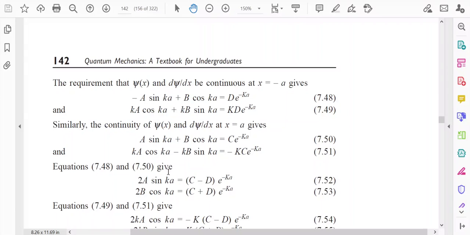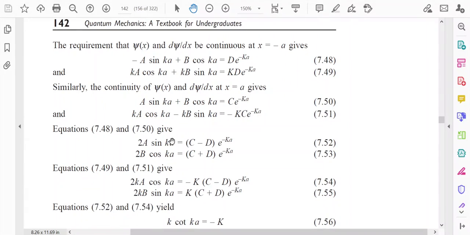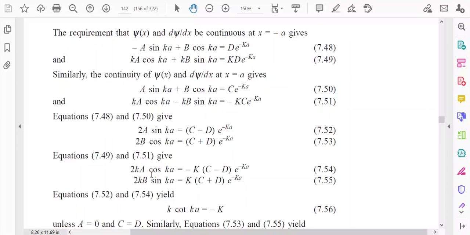Now we can solve equation 7.48 and 7.50, this one and this one. If we solve, we get another two equations, equation 7.52 and 7.53. Similarly, if we solve separately equations 7.49 and 7.51, we get another two equations, this one and this one. Now if we use equations 7.52 and 7.54, you see that on the right hand side we have C minus D and C minus D. So what we will do,